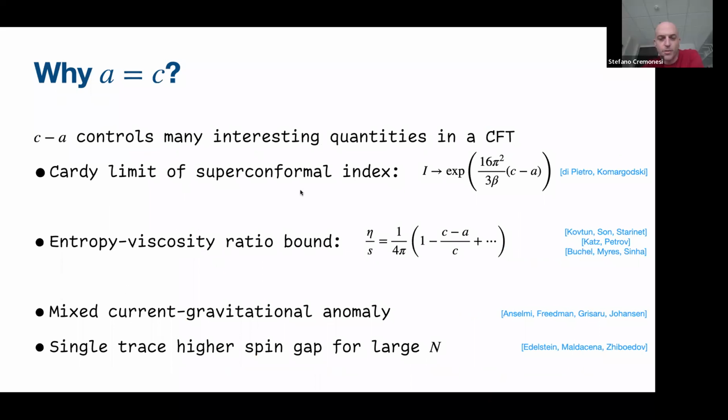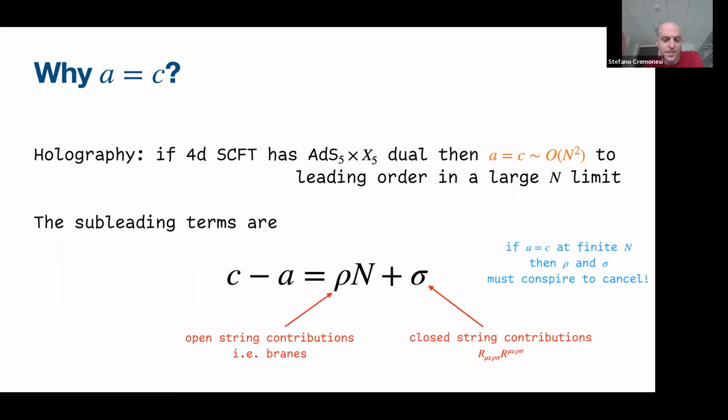Sorry, can I ask a quick question? Yes, please do. If we go back to the previous slide, I guess since you're interested in A equal to C at finite n, wouldn't you say that then you can expand in powers of n, and there are infinitely many terms with inverse powers of n, and so there are infinitely many cancellations rather than just two? That is indeed a fair statement, yes. What I haven't told you, of course, is that these rho and sigma have the expansions which you just described. So you can always expand them in 1 over n. Fair enough. So indeed, infinitely many cancellations. Thank you.